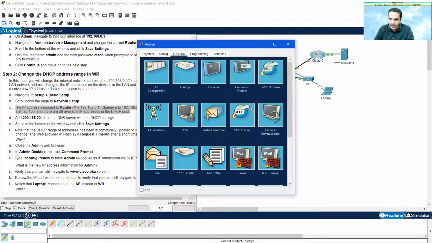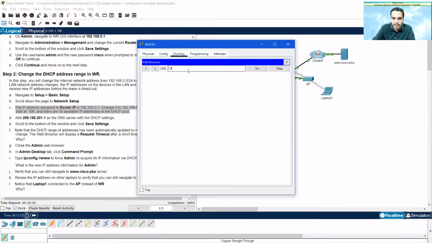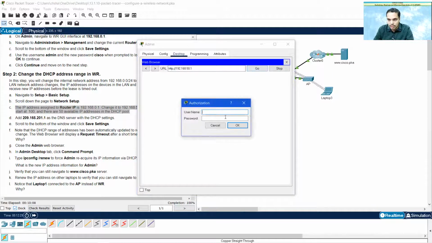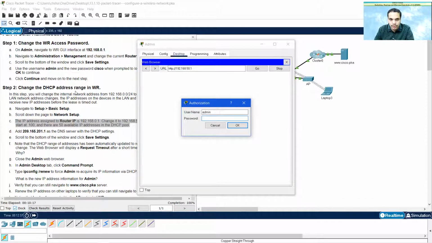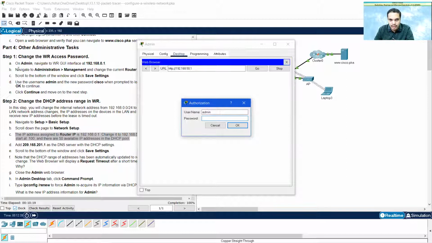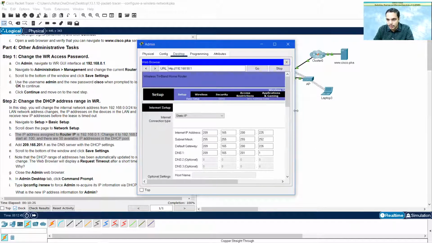For me to connect, I need to use my new address, 192.168.50.1. Go. Now it will ask for the username, which is admin. And we also changed the password from admin to Cisco. I'll show you. C-I-S-C-O. Okay.